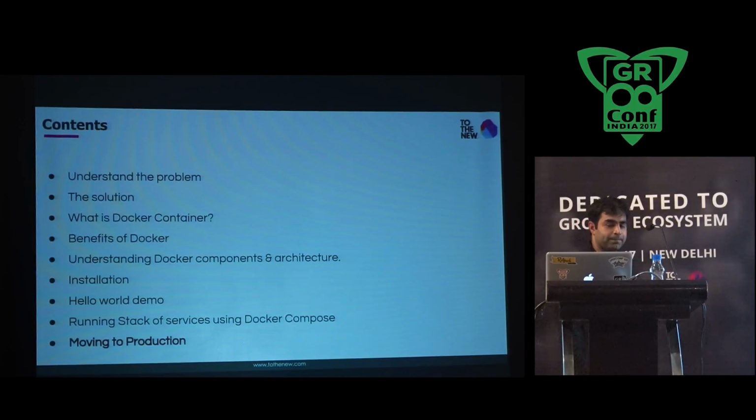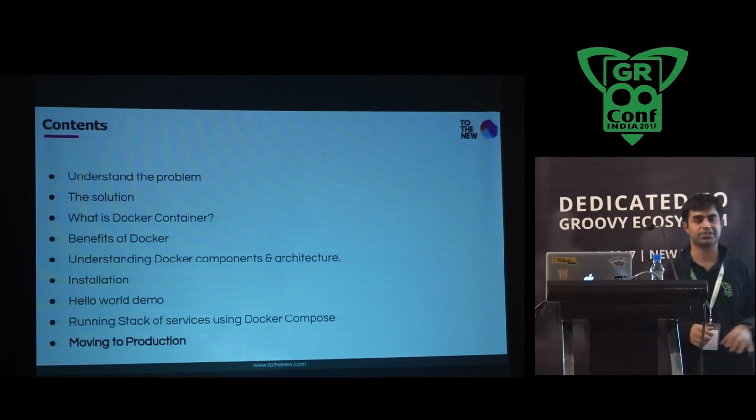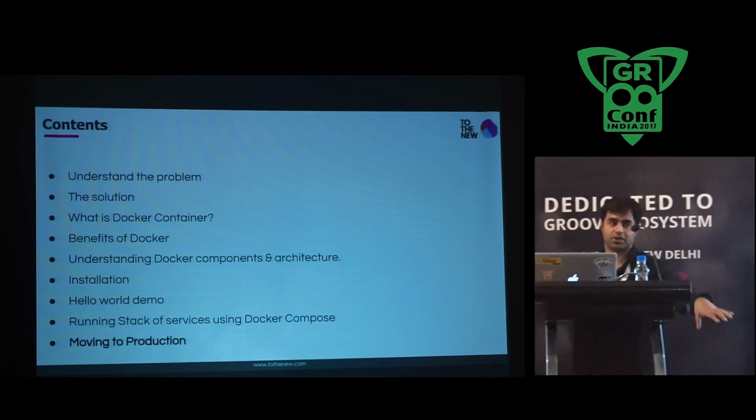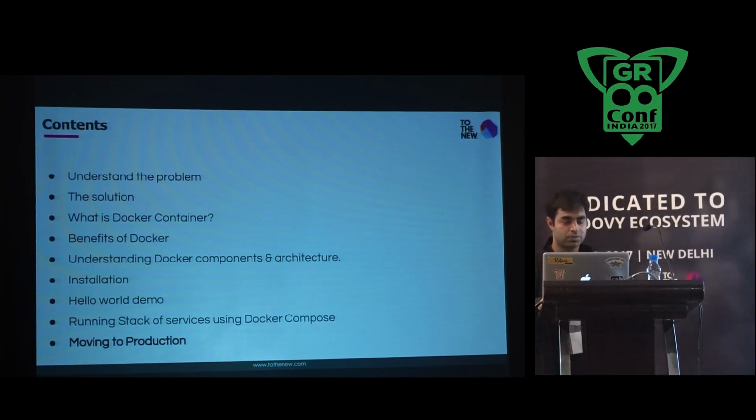So there is one problem right now. We only showed you Docker Compose, and it is running on a single machine where I installed Docker Engine. But this is not how production works, right? Productions have clusters and multiple machines underneath, so that if one machine goes bad, another machine is up and running, and your application is not down. So to move to production,